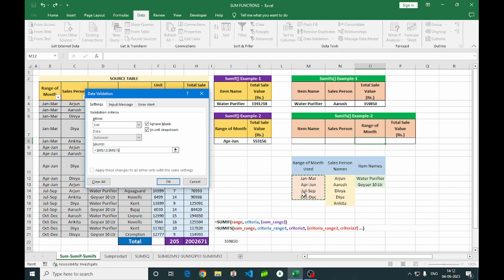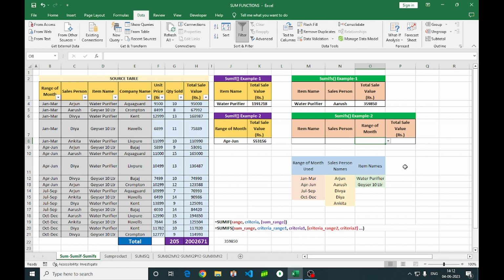This is our range of month, right? Now select, suppose, water purifier, salesperson Divya, range of months, suppose April to June, and I will find the total sale value for the product water purifier, right? Then for salesperson Divya who sold this product and in the session April to June,